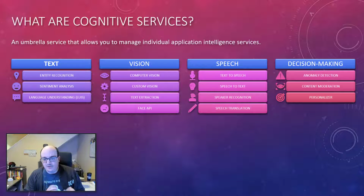Now, each one of these things you can also have an individual service of if you wanted. We'll talk a little bit more about the distinction there. But Cognitive Services is this one service that lets you use all these little APIs with the same ease of access and a single place to manage it in the Azure portal, which is pretty cool. So let's take a look at each one of these four areas in more depth and what you can do